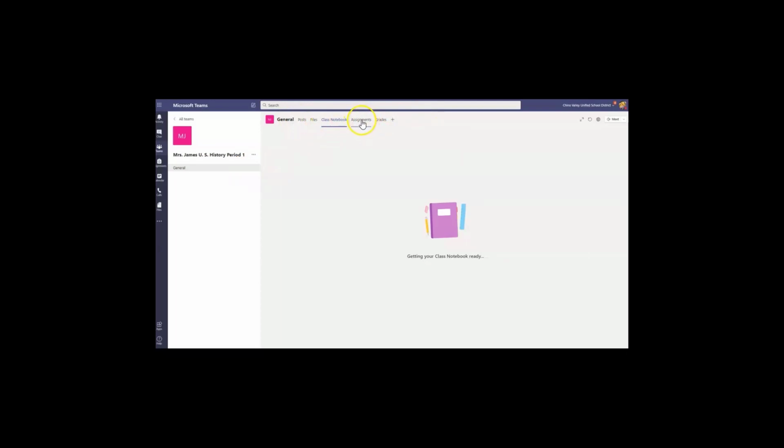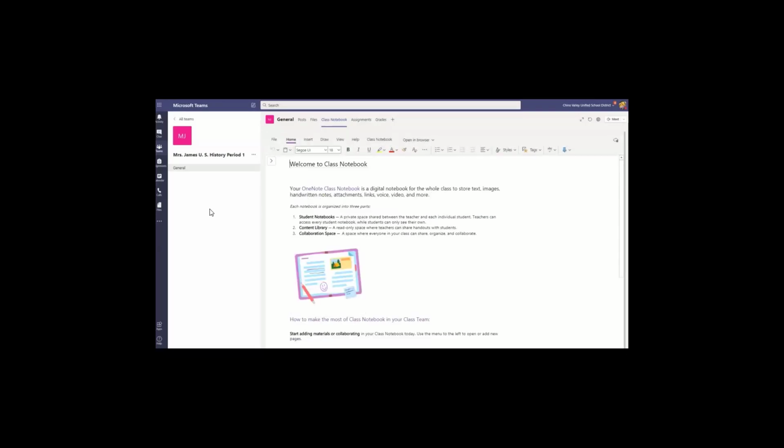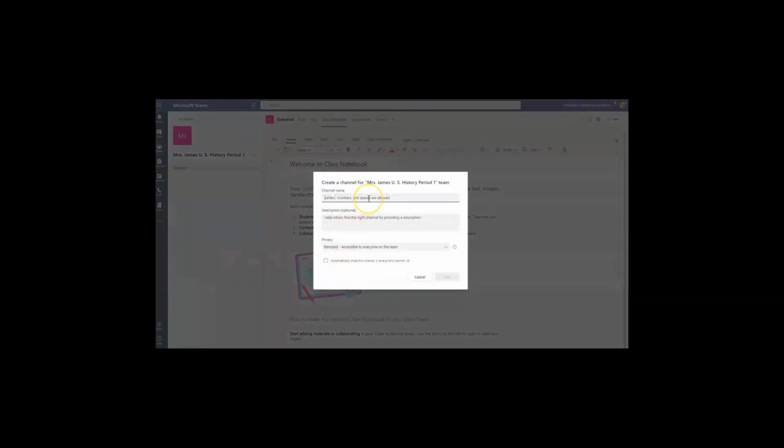We're going to skip assignments for right now, even though it's quite important, because I do want to make sure we come over here to the left and we create ourselves some channels. Like I said, channels are going to be whatever you want them to be. You can limit the membership in a channel, and you can keep the membership for everybody. I'm going to go ahead and tap, and then we already saw Manage Team where the settings were. How about Add Channel? This channel is going to be for